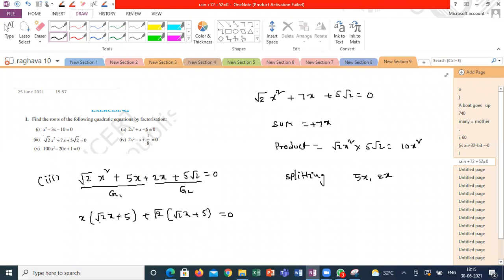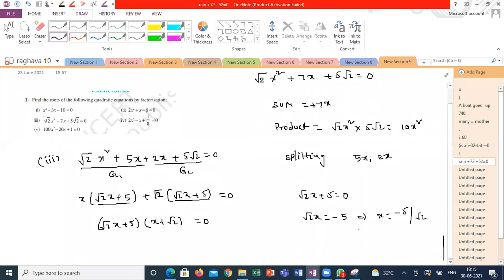So again, root 2x plus 5 is common, so (root 2x plus 5)(x plus root 2) is equal to 0. From the zero product rule, root 2x plus 5 is equal to 0, root 2x is equal to minus 5. From here, one x value is minus 5 by root 2, or